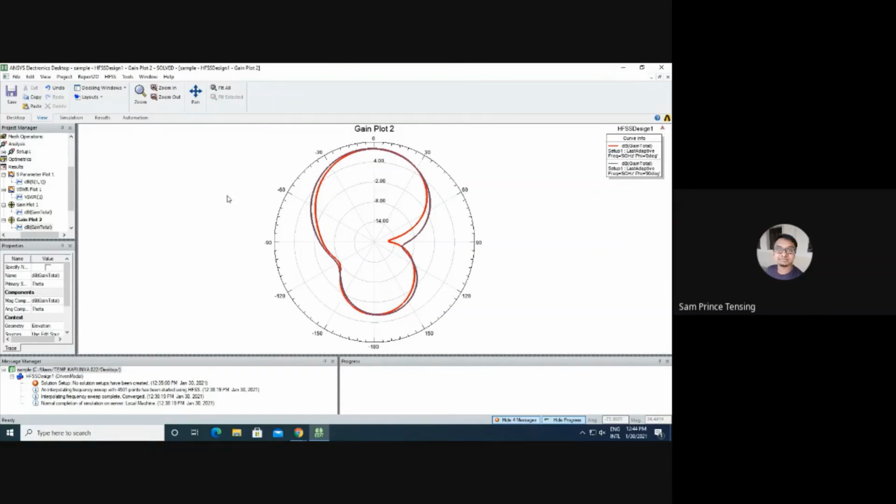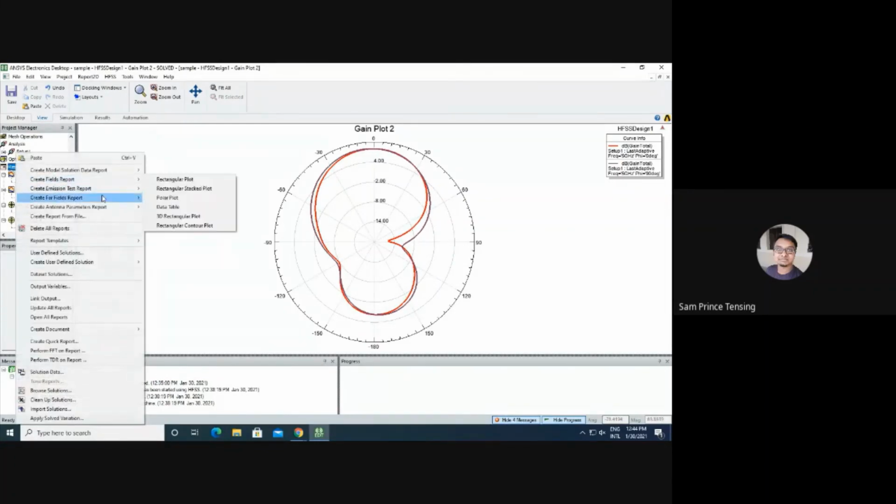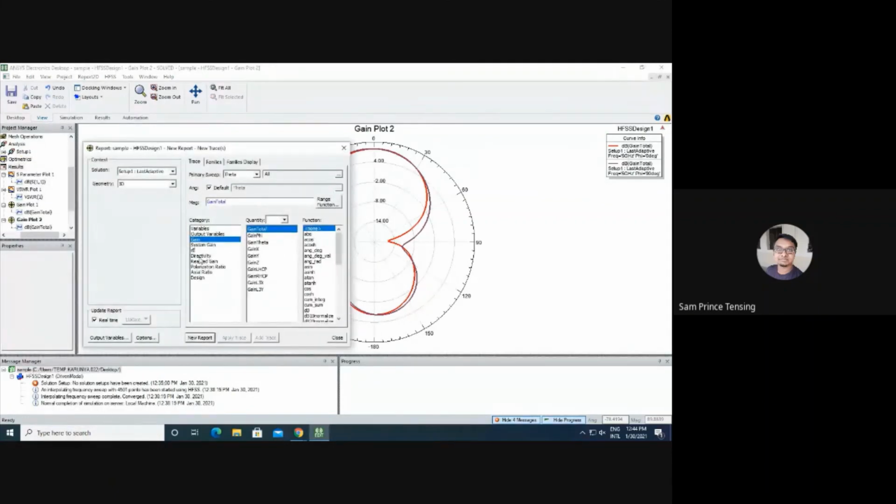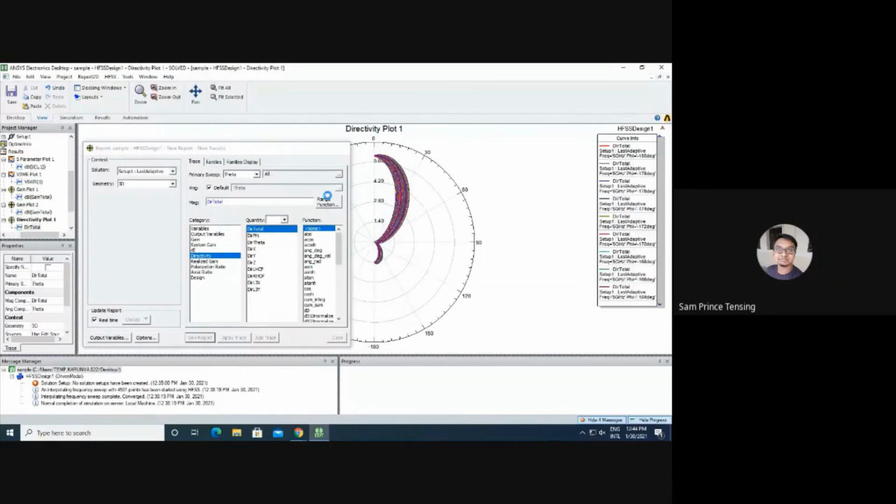If you learn the theoretical part from the book, you can compare it with this practical one. Next we'll see one last thing, directivity. We have checked gain, now we will check directivity. New report. We need to change it to elevation or azimuth, whatever you may need.